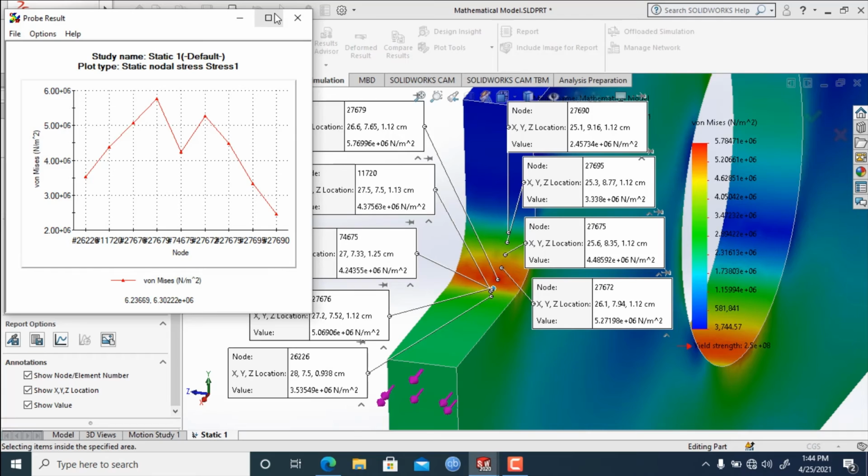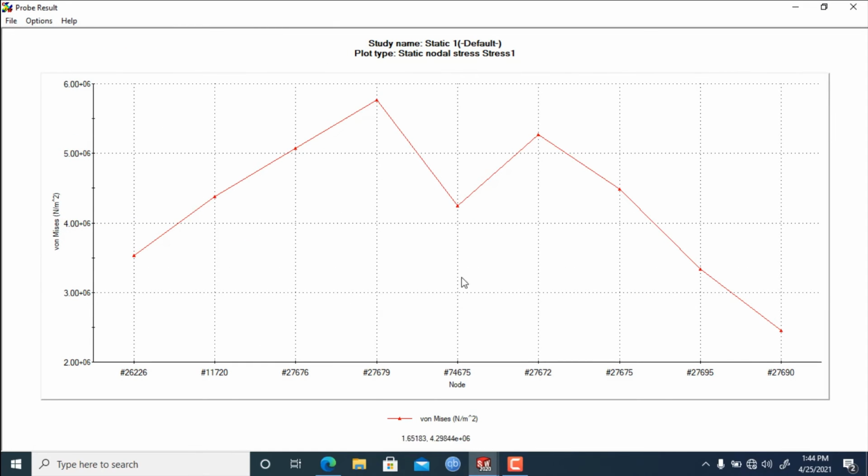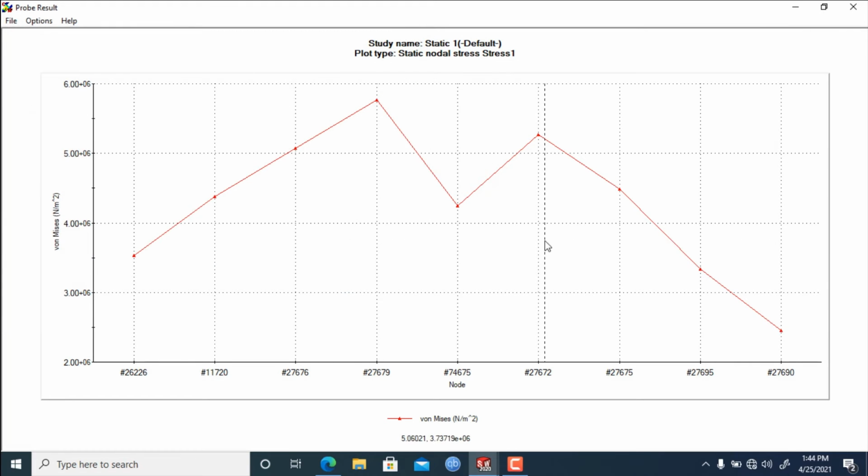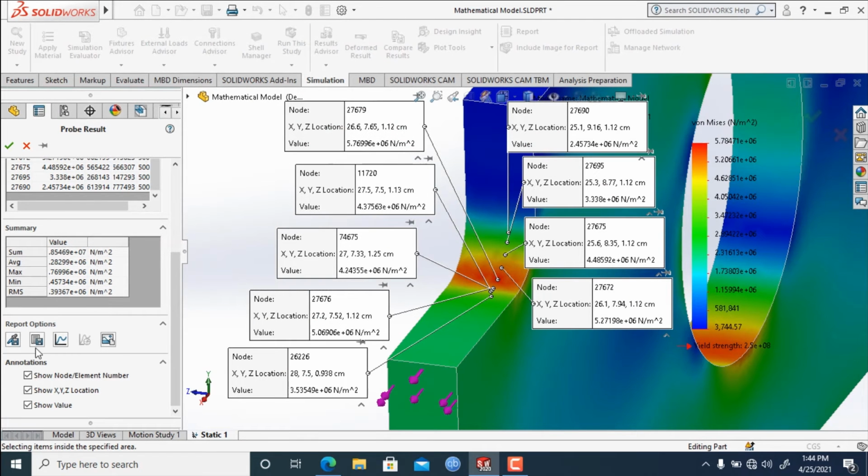We can extract it, and now we will save it again, and we will give the name probe result 3. Let's click on save. OK. As you can see, the number of nodes are right here, and this is the amount of von Mises stress applied on certain nodes. So let's close it. Then the next option is save capture image.